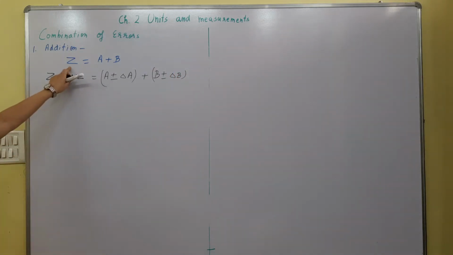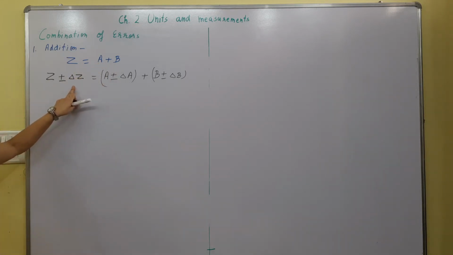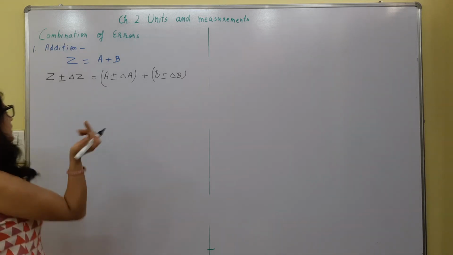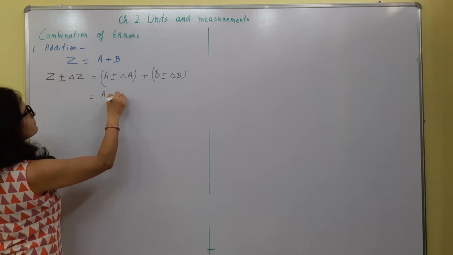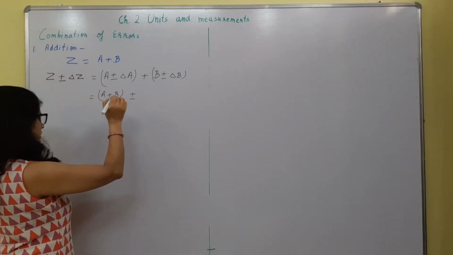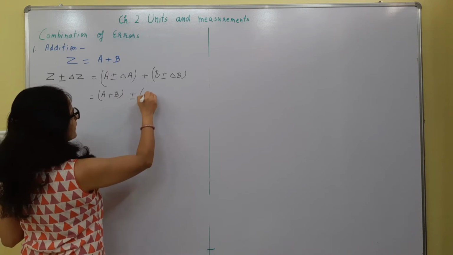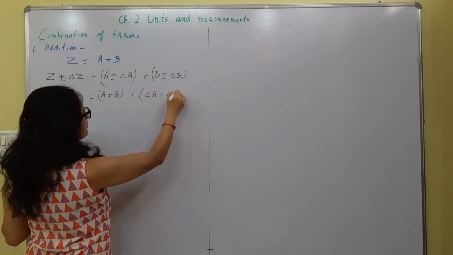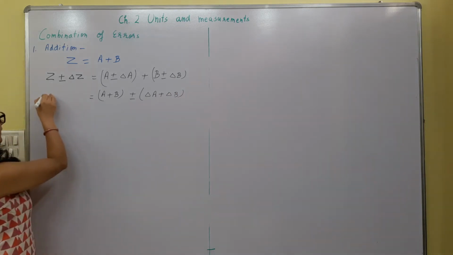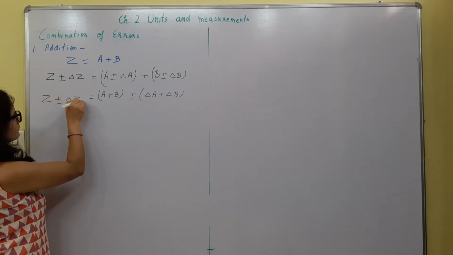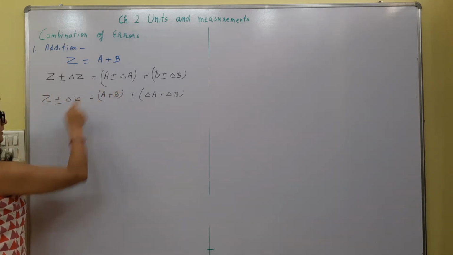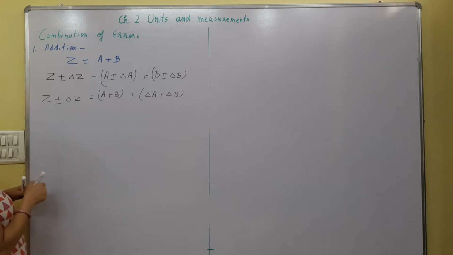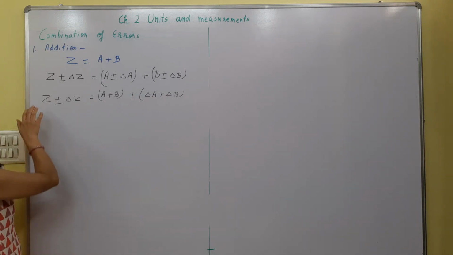right? So if these were accurate, these were like this. If these are not accurate, then we have an error in this as well. So we can write it like this. Let's solve it mathematically. We can write it A plus B. Here I can write plus minus common, and here I can write delta A plus delta B. I have taken plus minus common from both the sides, right? And this is the actual quantity and this will be the actual quantity. Errors we have separated.